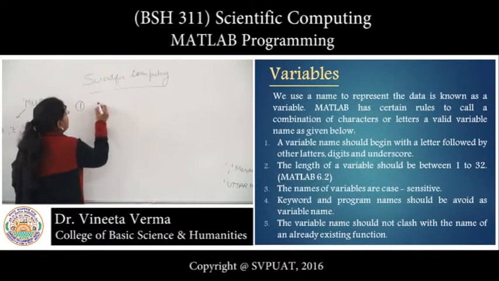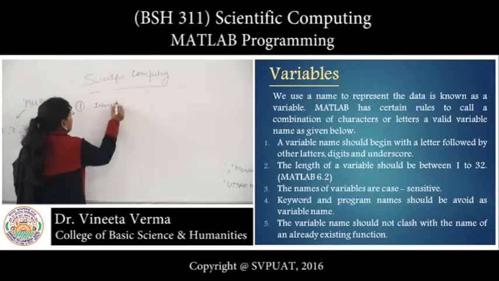Like suppose we have a variable interest.